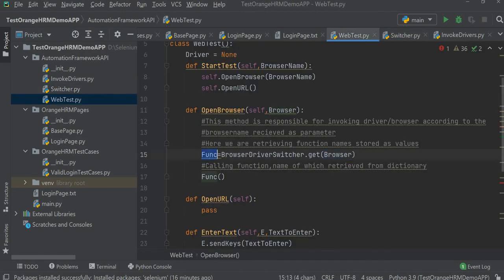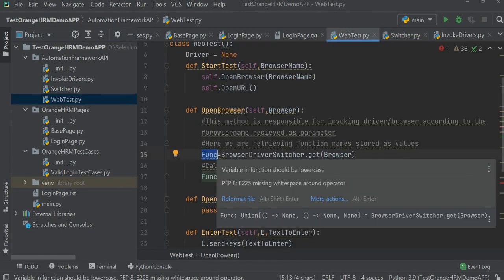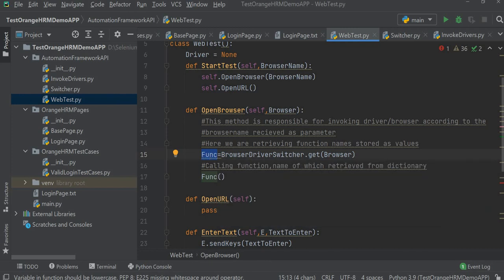I will store it here, so start Chrome driver I'll store here, in this variable which has got the function pointer, and then I'll just put the parentheses. So this particular statement will result in calling the function, a pointer of which is stored in this func variable. So this is the main idea here.